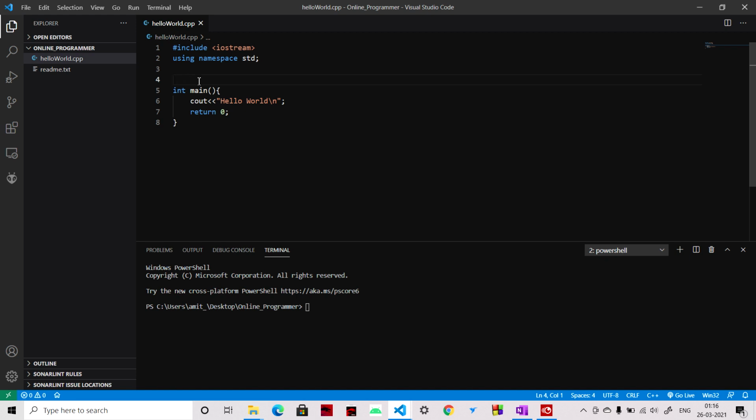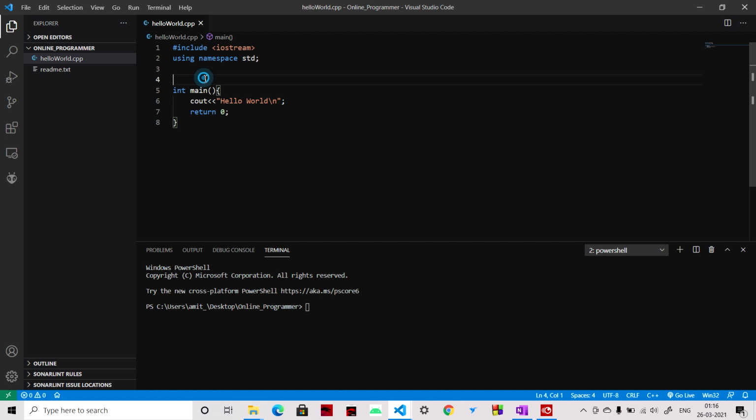Similarly, this iostream library includes several functions that we can directly use in our program. Like, this is the function cout that you are using in your program, but if you don't use these libraries, your program will not understand what to do with cout. So we have used this library file so that we can use the basic functionalities provided by C++.